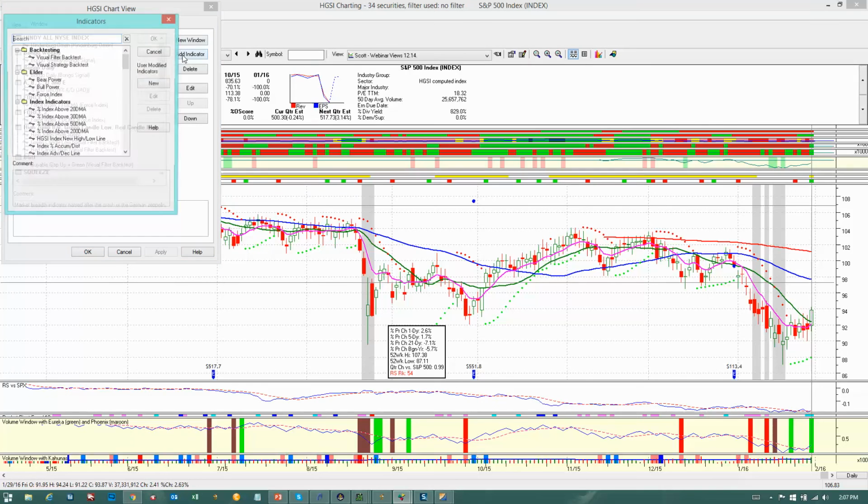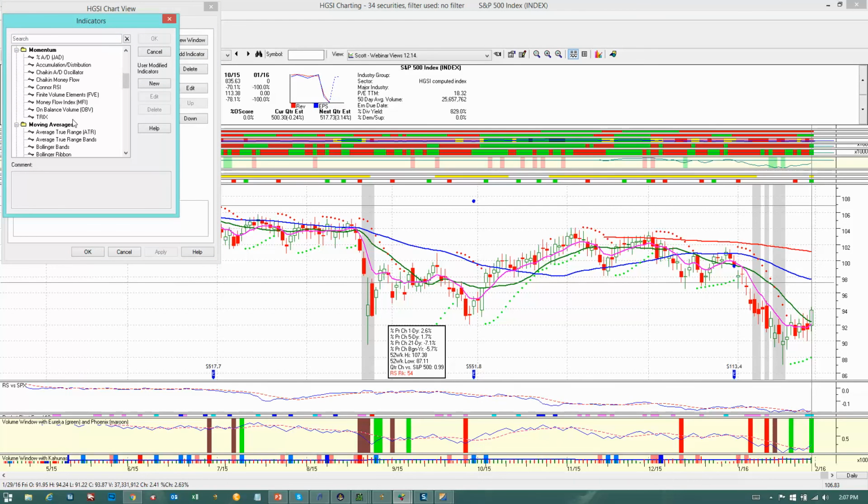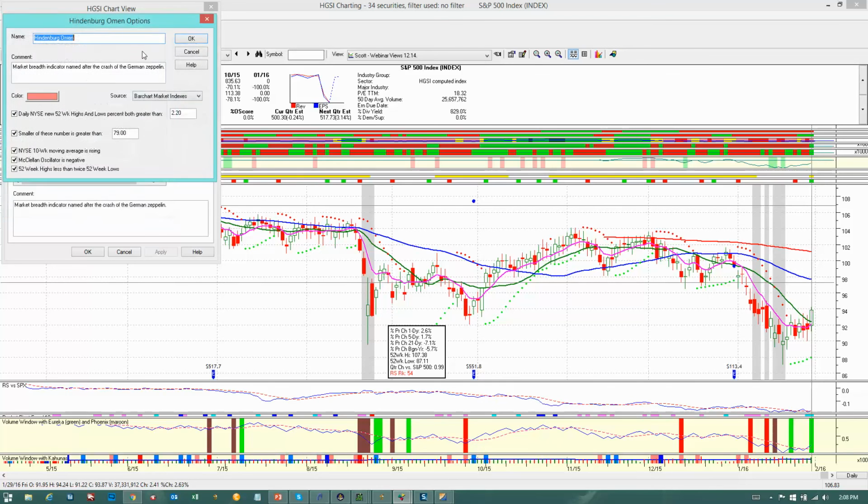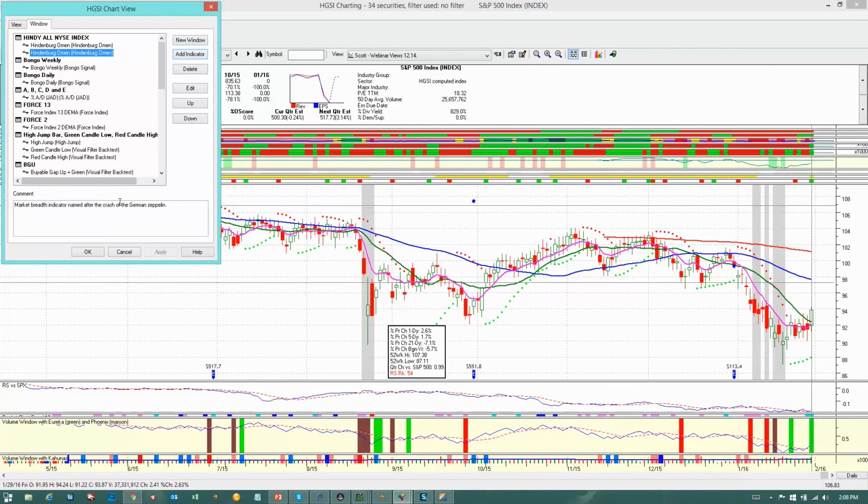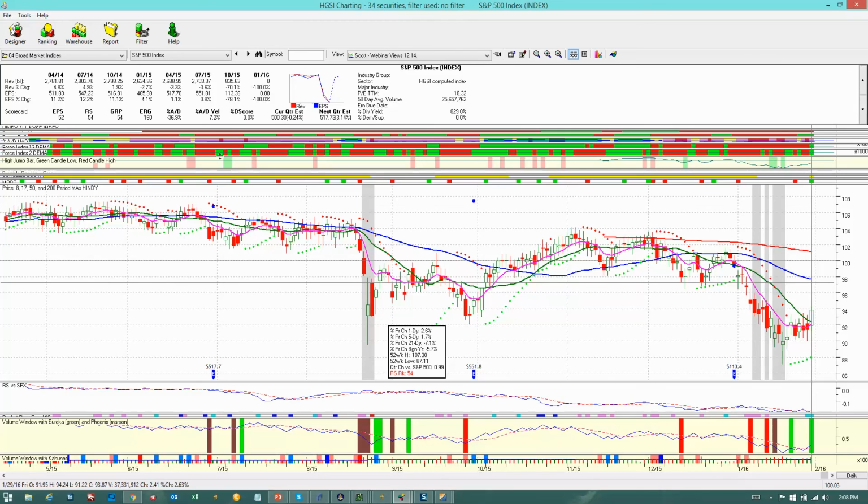Let me add an indicator. And since we changed our index source, it looks like the old ones were calculated using a source that is probably not the best source today, but the new source isn't necessarily working in the old days. We'll use the all NYSE index. All right, so I'm plotting both types of Hindenburgs in this window. And when I say